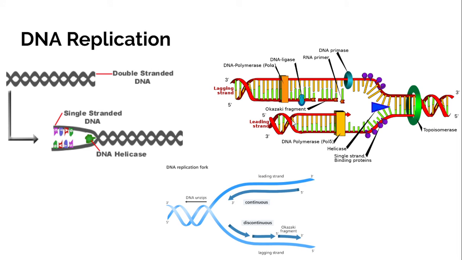But there's one catch to DNA polymerase. It can only create complementary base pairs in the 3' 5' direction. So again, remember, DNA strands have two directions, 3' and 5'. This DNA polymerase can only go from 3' to 5'. But one of the strands runs in the 5' 3' direction, as again, DNA runs anti-parallelly. So in order to replicate this anti-parallel strand, the DNA polymerase makes use of many primers and completes the strand